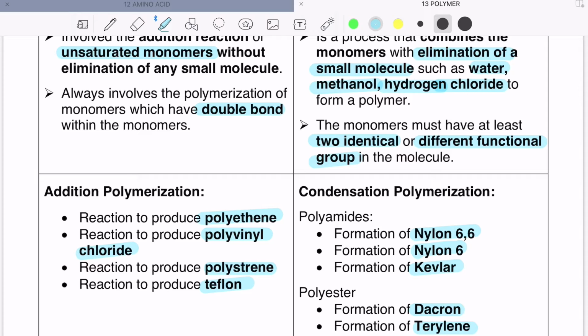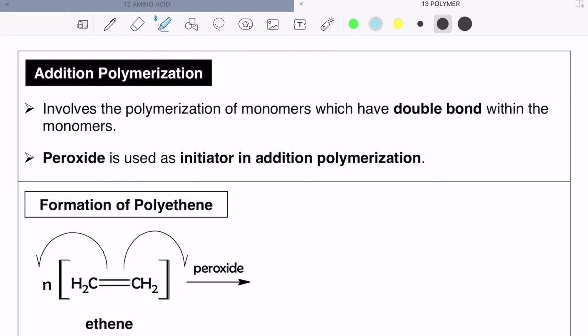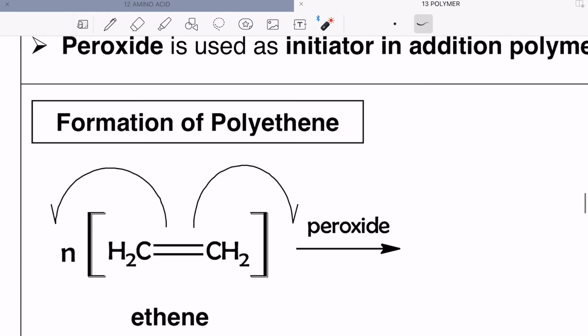Now, let's take a look at how addition polymerization happens. For addition polymerization, like I mentioned before, it must have a double bond within the monomers, and to initiate the addition polymerization, we need to have peroxide. If you refer to your notes, you might wonder why there's a half arrowhead here. That means when the process of the polymerization begins,